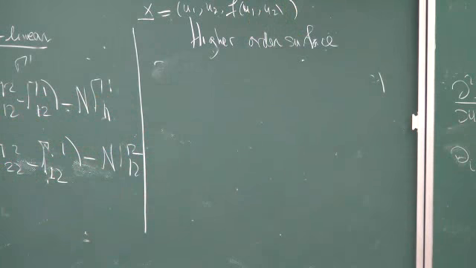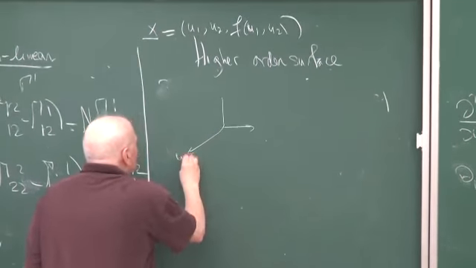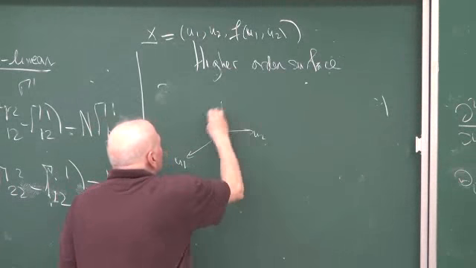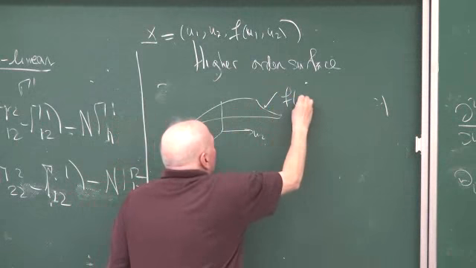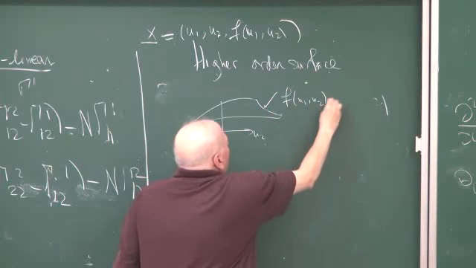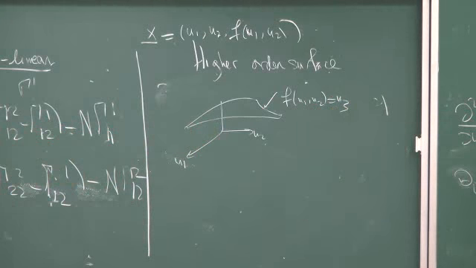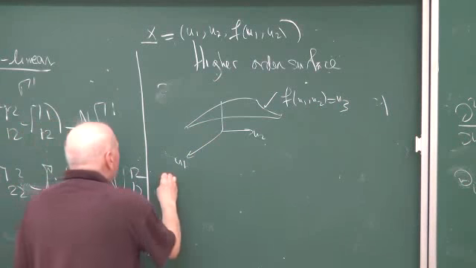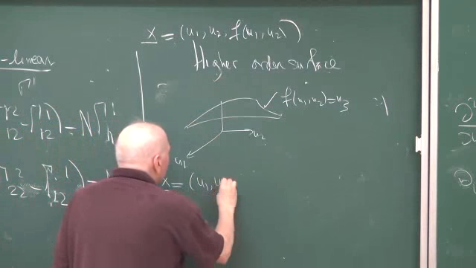So here, I erased it. I'm going to erase this again, but anyway. So here's U1, U2, and the surface lies above someplace. So that would have been U3 equals a function of U1 and U2. So that's the standard formulation of a surface. So what would it be in general? So let's think about it. It would be U1, U2, U3,